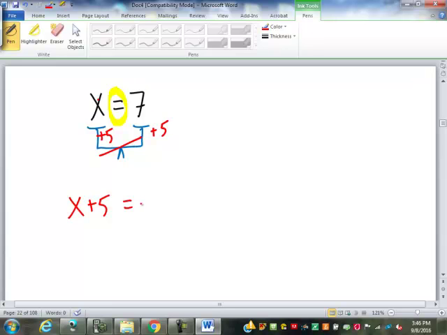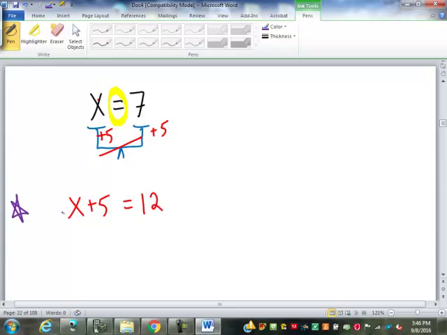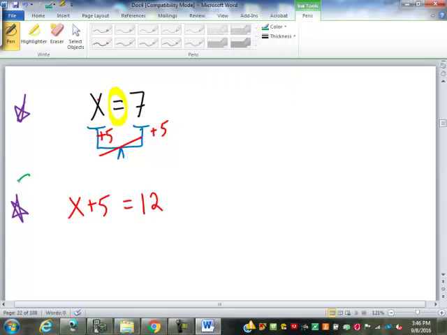What's 7 plus 5? 12. I just built onto this equation and made it more complex. This equation here, x plus 5 equals 12, is the exact same equation as x equals 7. I've just built pieces onto it. Well, normally we're not going to build equations. Normally what we're going to be asked to do is